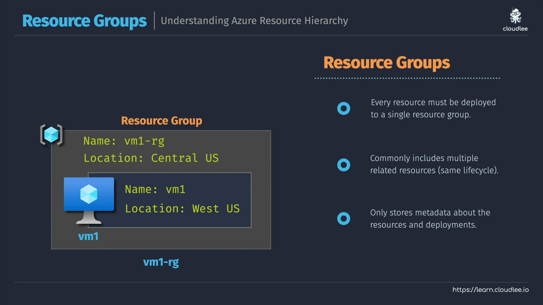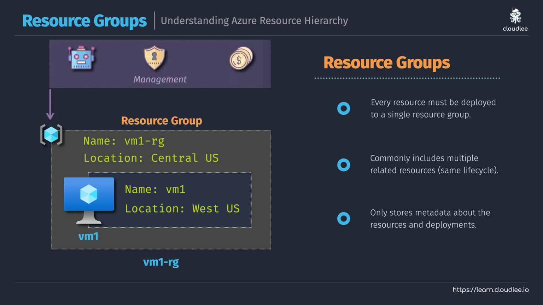So now that we know that we deploy resources to a resource group, it's also important to just call out that we can use these different boundaries for administration and management purposes. So for example, I might use a resource group to help out with deployment of a range of associated and related resources. I might also use the resource group as a way for saying, who am I going to allow access to administer, manage, create, configure all of these resources within the resource group. And finally, resource groups can also help out with tracking of billing because we can go and get a breakdown of the billing based on the resources within the resource group.